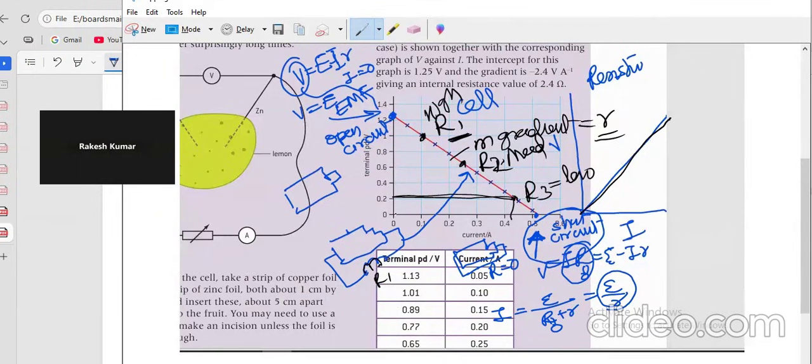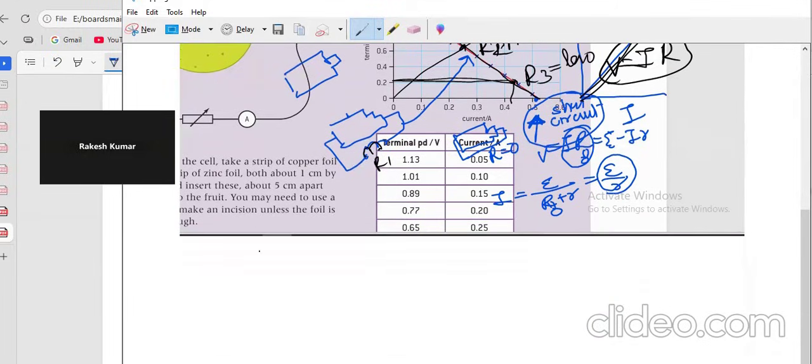The other thing you have to understand is what is happening here. If I superimpose it here, this is V is equal to IR, that means across the resistor, across the load, and here this is across the battery. So as this V is decreasing, this is increasing. Total energy is constant. What do you mean by that? I mean that if I have a battery,